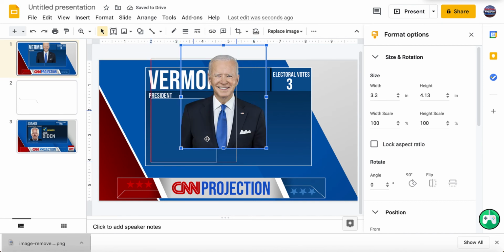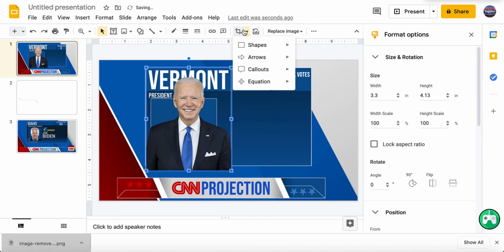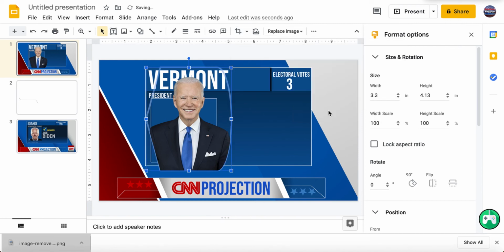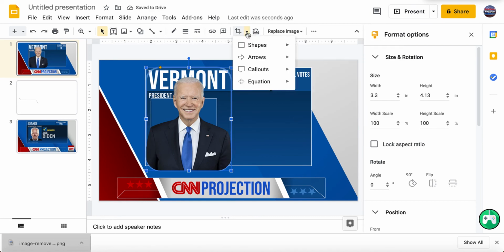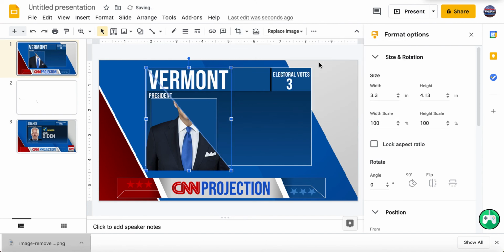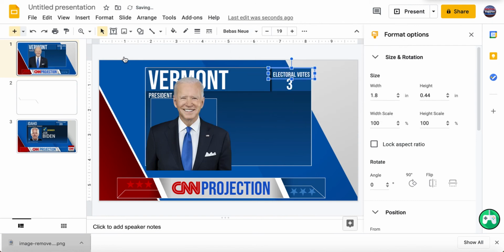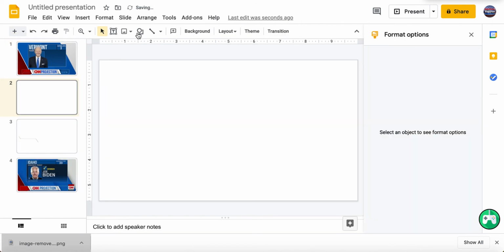Also, one really fun feature I figured out is that you can crop images based on shapes, which I never actually did, and I'm kind of sad now. I would go throw, let's say, a circle, boom.